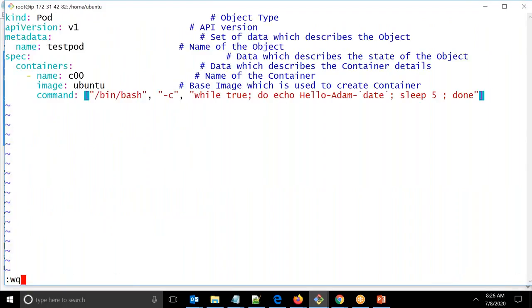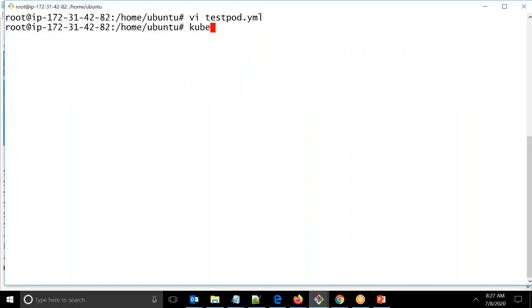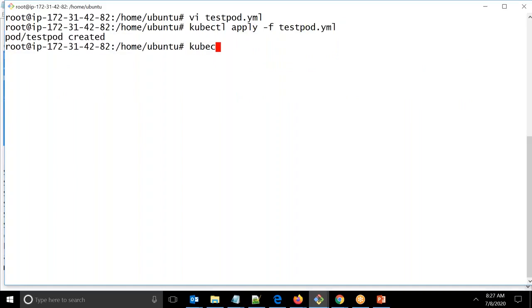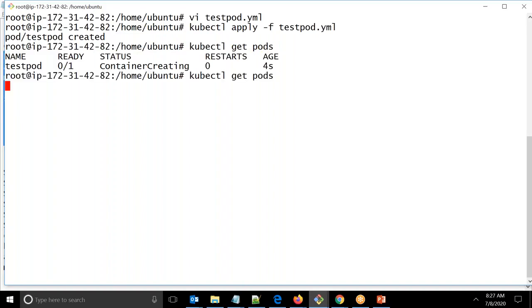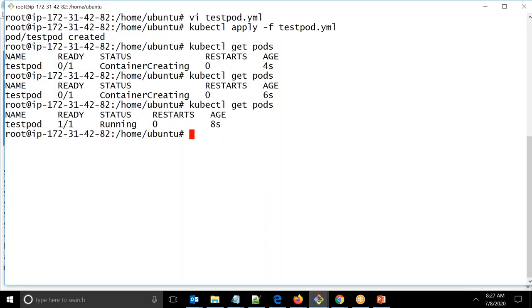Okay, so let's just go ahead and say kubectl apply -f testpod. Okay, and if I say kubectl logs -f testpod,